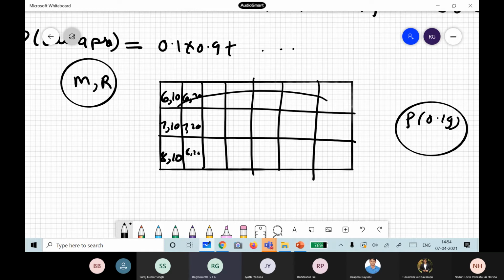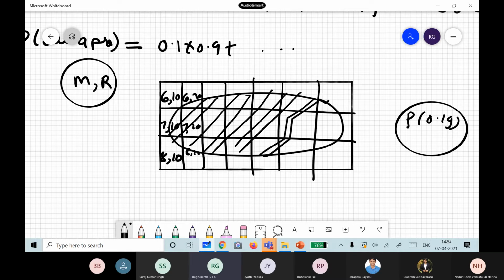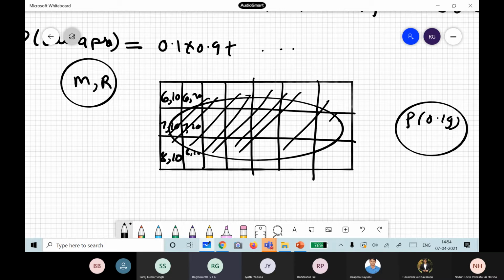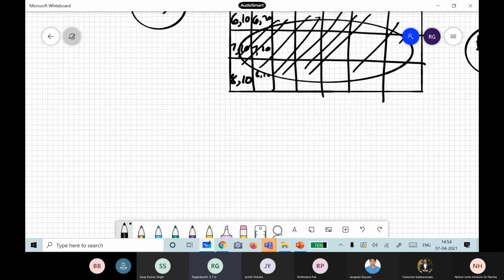So finally I will be calculating, you followed, right, this event B, that is the probability of getting 0.1 g for all these given the numbers itself. For given 6 magnitude 10 kilometer, what is the probability of getting 0.1 g? So it is essentially this total probability theorem itself. Okay, so now this we will be using. Then another most important thing we use is this Bayes theorem also.